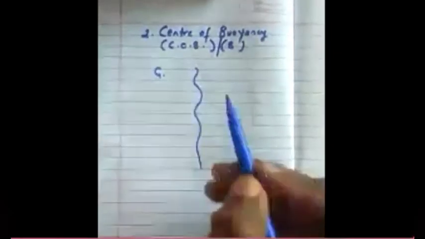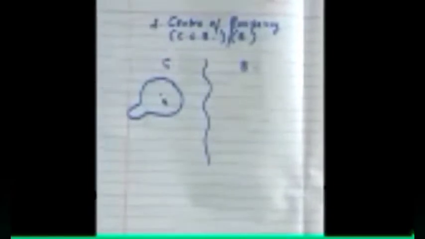So, center of buoyancy. Now, if I show you the diagram, you can see the difference. This is for center of gravity, G. This is for center of buoyancy, B. The center of gravity is totally dependent on the mass. Wherever I have more mass, I have the center of gravity over that point, and my center of gravity always acts vertically downward. This is what we have already studied, right?